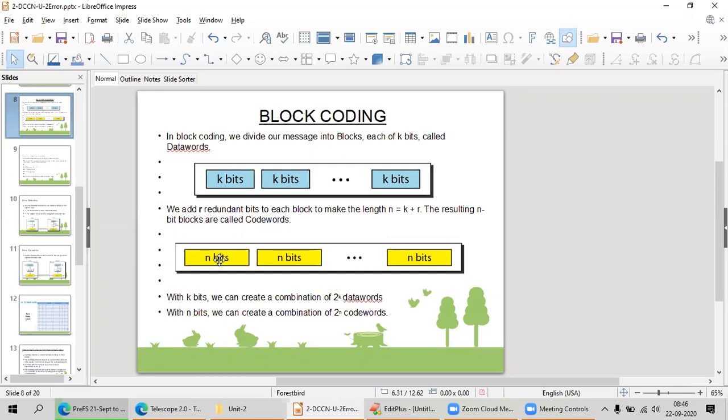In code words you have n bits. For each, what will happen? 2 to the power of 5 data words will be generated. Yes or no?